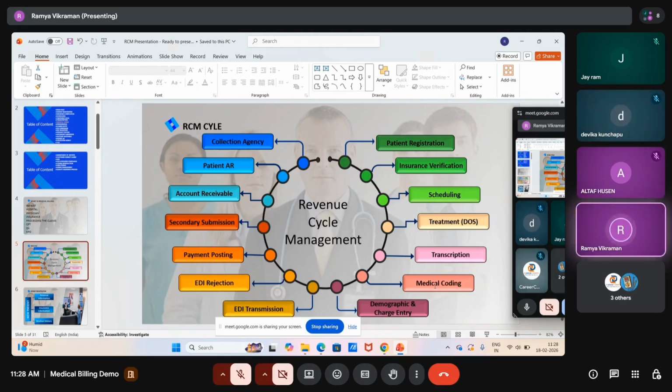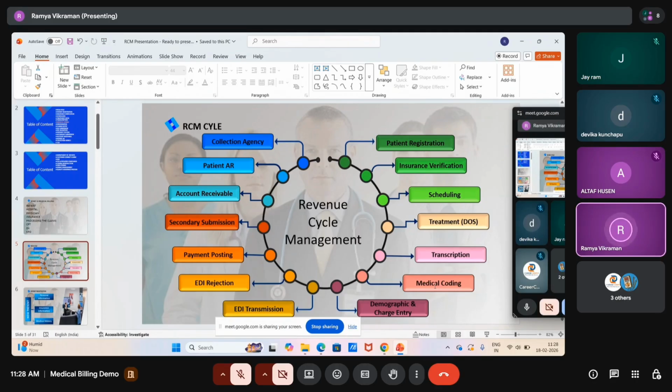How many services the provider has rendered for a particular month, how many visits the doctor meets, what revenue we generated for the particular month, how many claims have been paid that month, and how many claims have been rejected by the insurance. In order to track this information, every billing company has to maintain software. In that software they will be updating all the patient information.